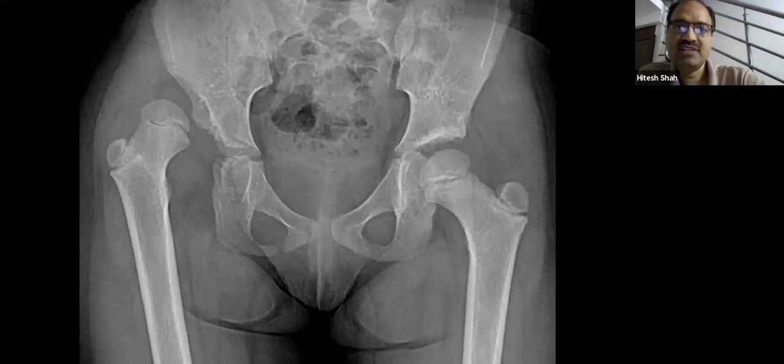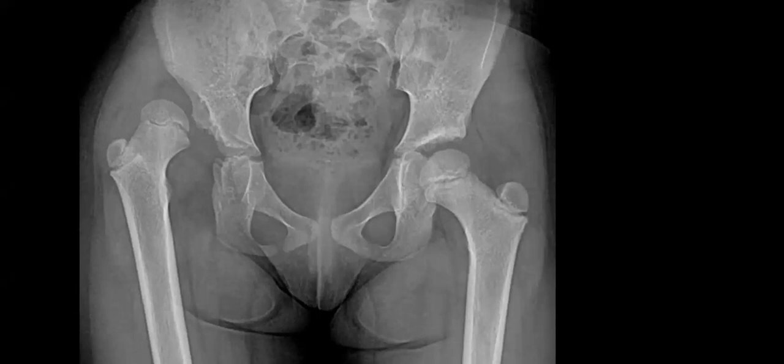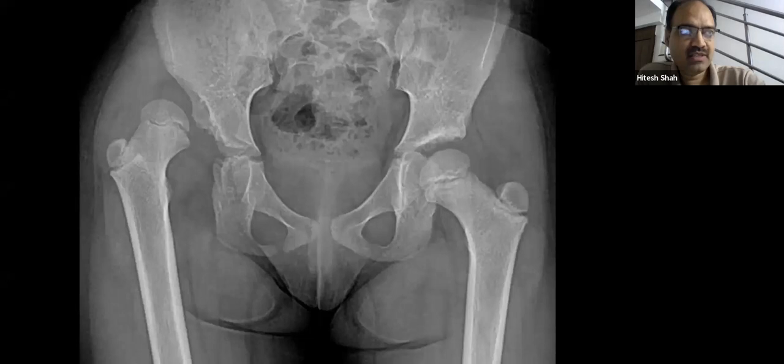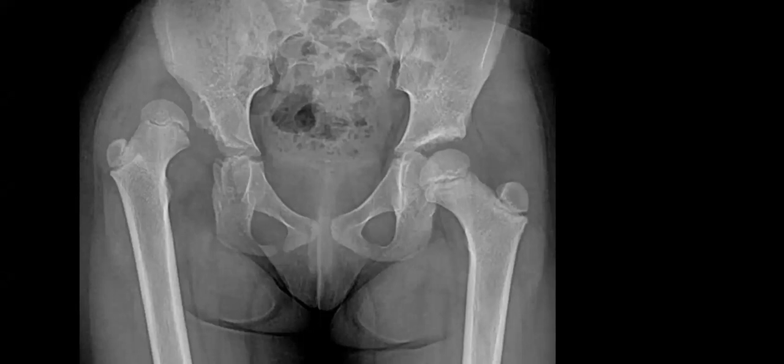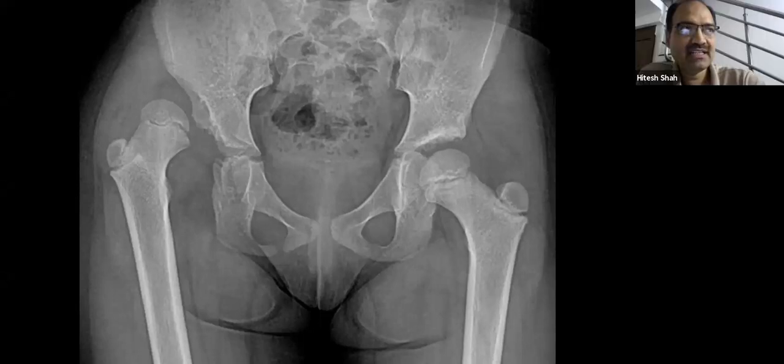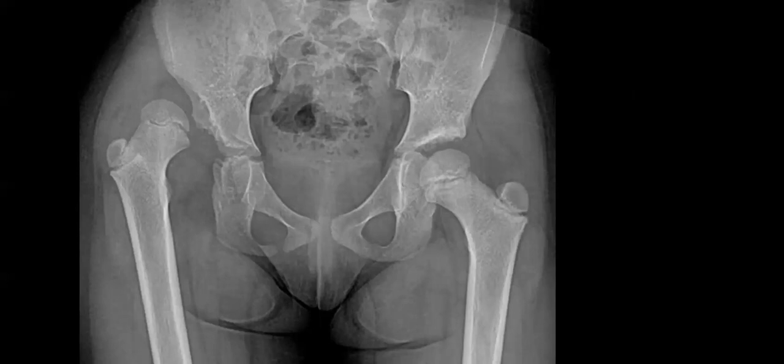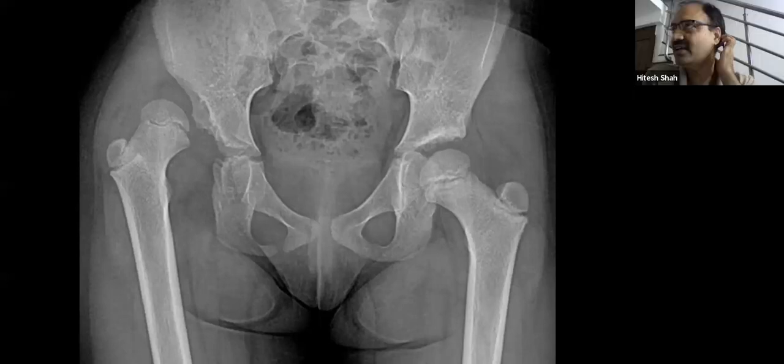So this is the X-ray. Can you read the X-ray, anybody? What is the possibility? Sir, can we say neglected posterior dislocation? The word neglected should not be used in the possibilities, not before this X-ray. No, never. The word neglected should not be used according to WHO. So even neglected clubfoot, neglected DDH, don't say neglected. Use the word untreated. So you say untreated posterior dislocation.